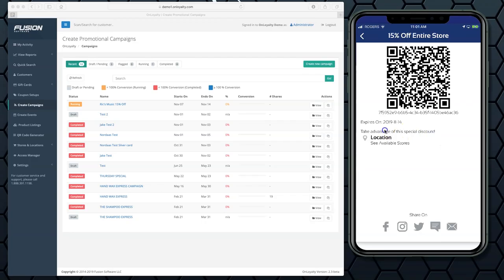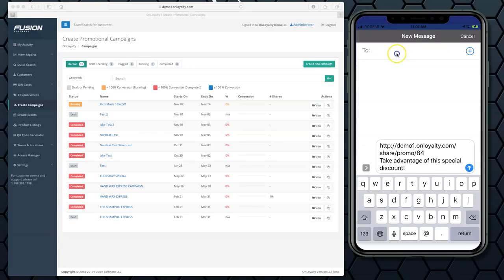And this is the text that I added. It was just a line. The more I describe, the more it will show up here. And the location of the store where it's available. And this is what I was mentioning about the option of sharing or not sharing. In this case, I selected sharing the coupon. So that means that as a customer, I can see my coupon in my app, but suddenly I can think, hey, you know what, my friend may be interested in this, so I can send it to him by text, for example. I'm going to tap on this,